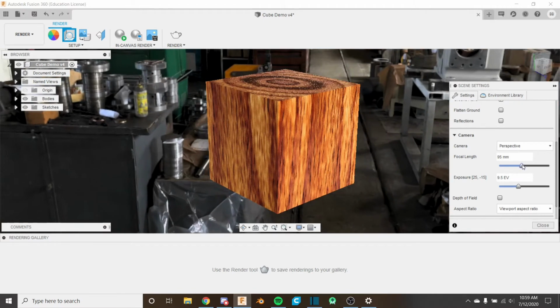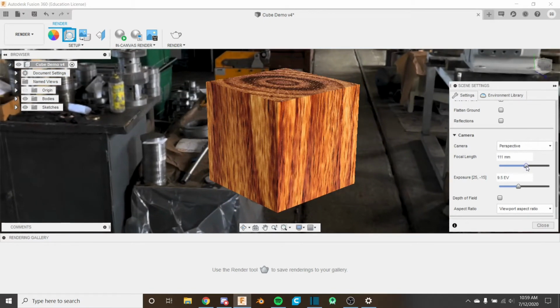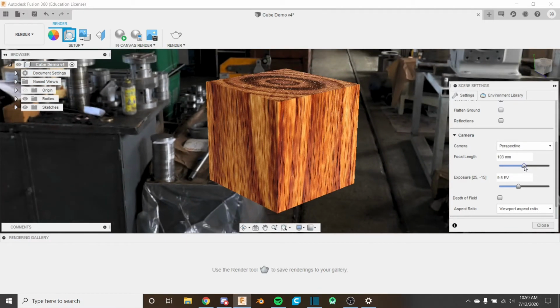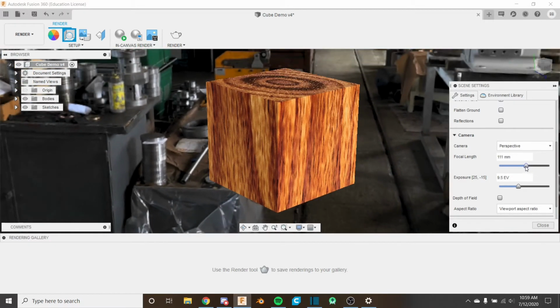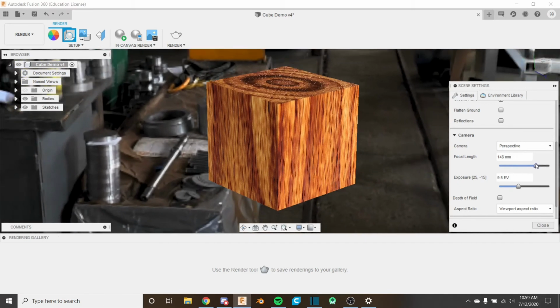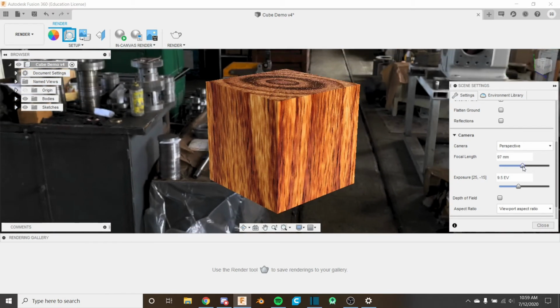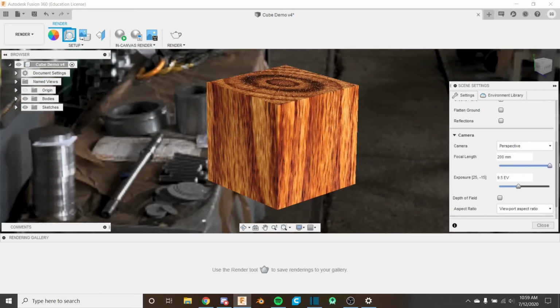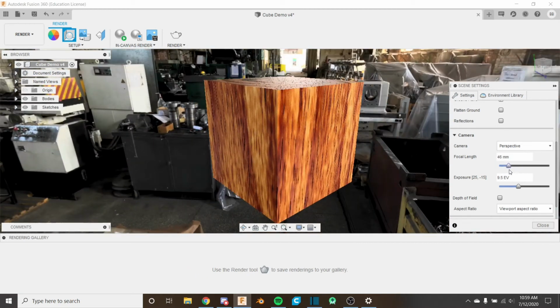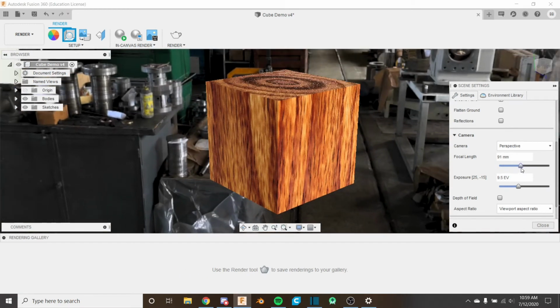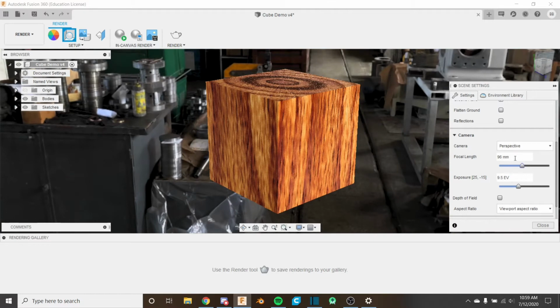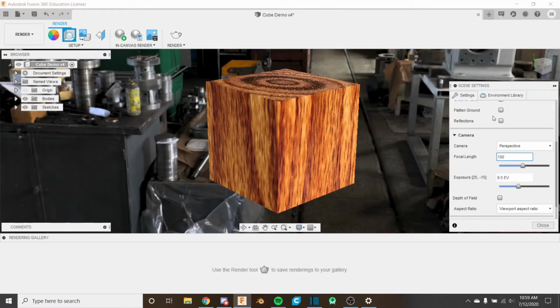If I turn this up to, let's say, 100, you'll see that the background is getting more zoomed in and the cube is sort of flattening out. So I'm just going to put it at maybe 100, just like this,